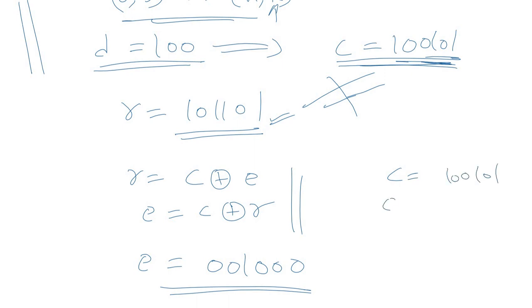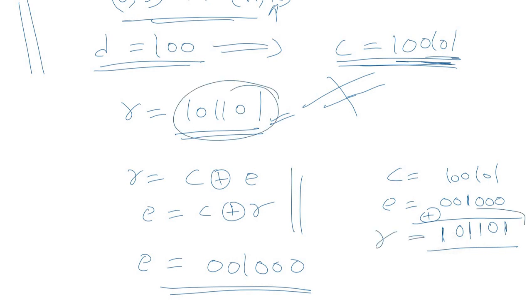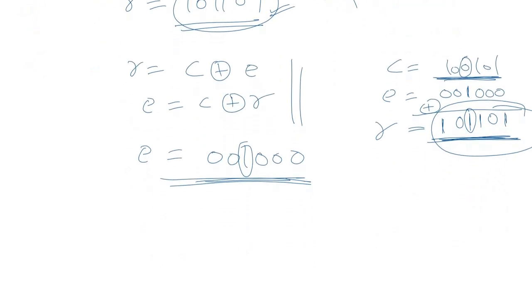You can also verify this error vector. C is 100101, and if the error vector is 001000, and we take the modulo 2 addition, we'll see that the resultant is 101101, which is nothing but your received vector. You can verify it from here. And if you compare the received word with the transmitted code word, you will find that there is a change of 1 digit at the third place, and in the error word also there is a 1 at the third place. Hence we can conclude that